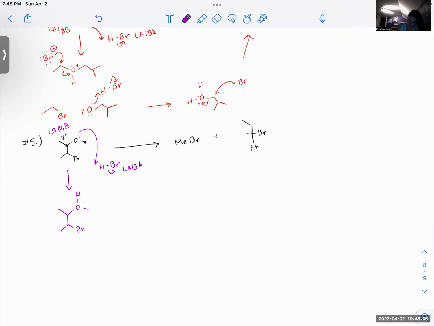This has a hydrogen. Instead of just drawing a line, let's actually write CH3 here. This has a positive charge. So then SN2 is going to happen first, right? So that is why the bromine just comes in at this point